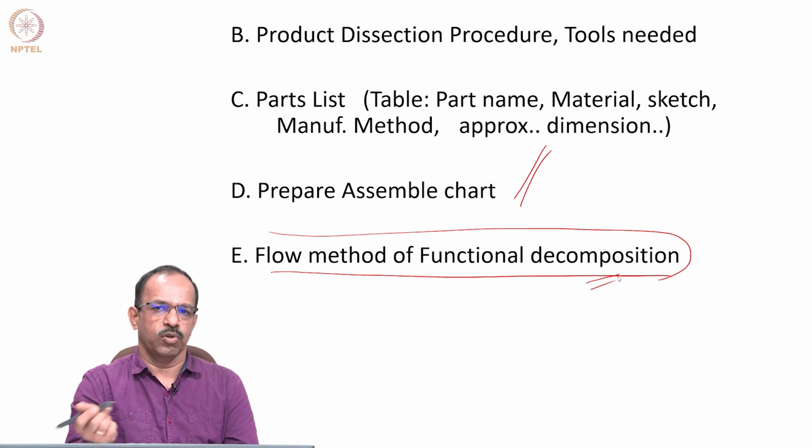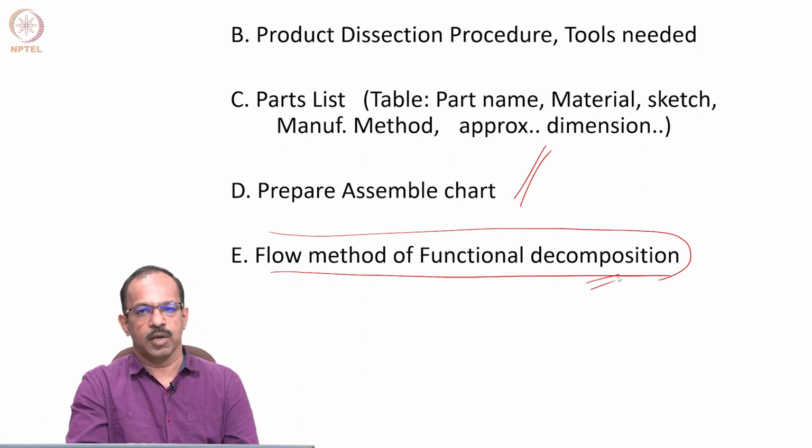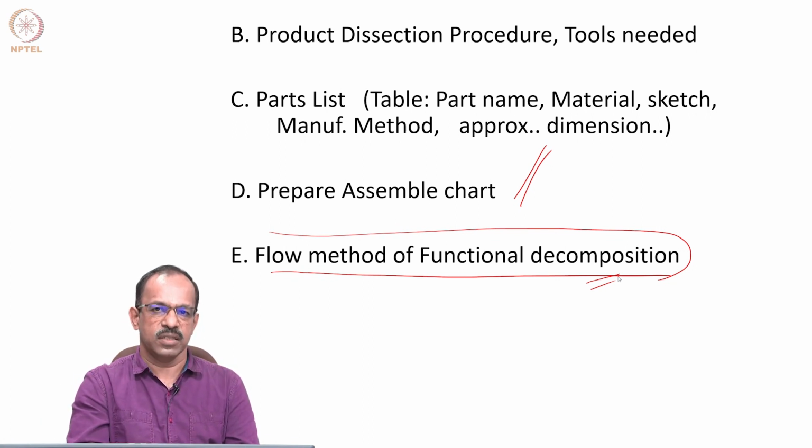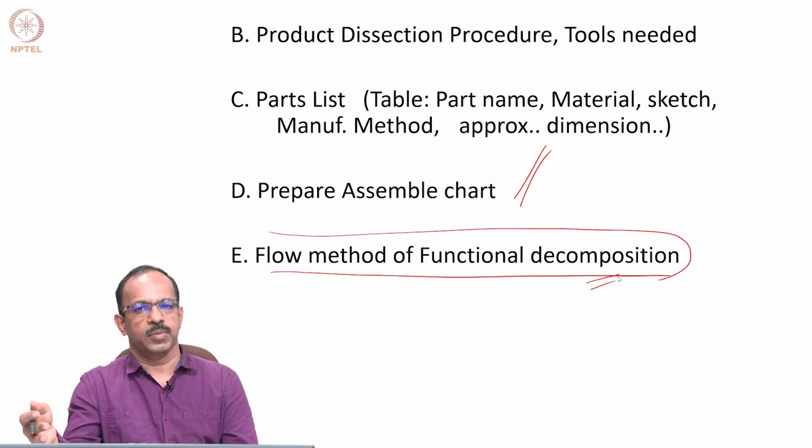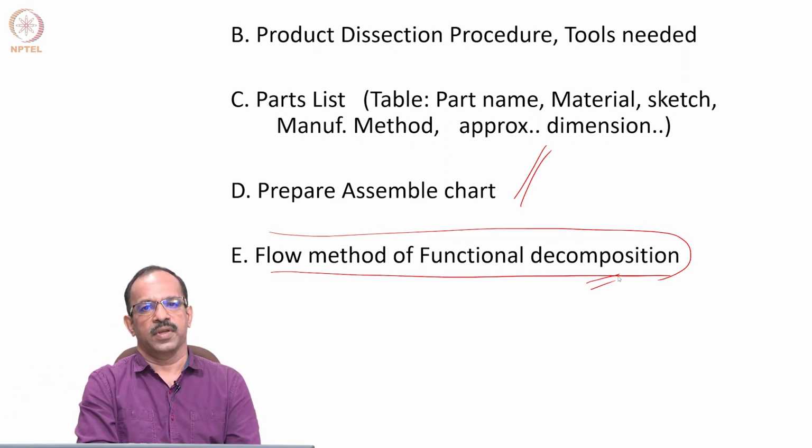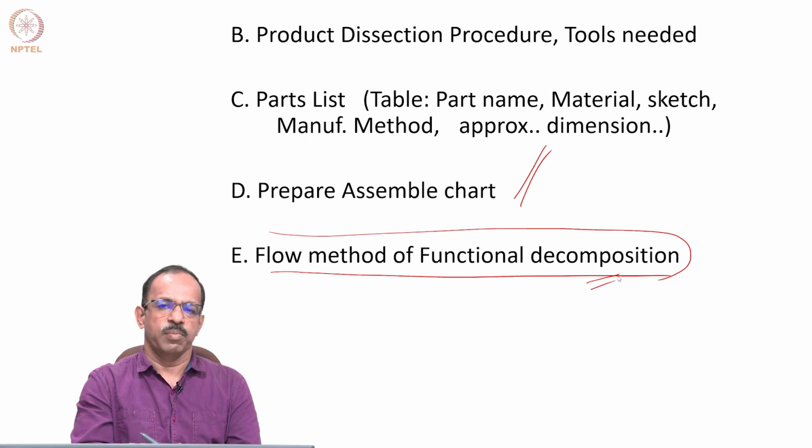I told you about the importance of the functional decomposition in the design of products, because for each function we need to identify a part or a sub-assembly which will be able to provide that function. Understanding the function is important in designing a new product, because once you understand what function it has to provide, then we can identify a particular part or a sub-assembly or a new concept for satisfying that function. That is what we will be doing in the new product design.